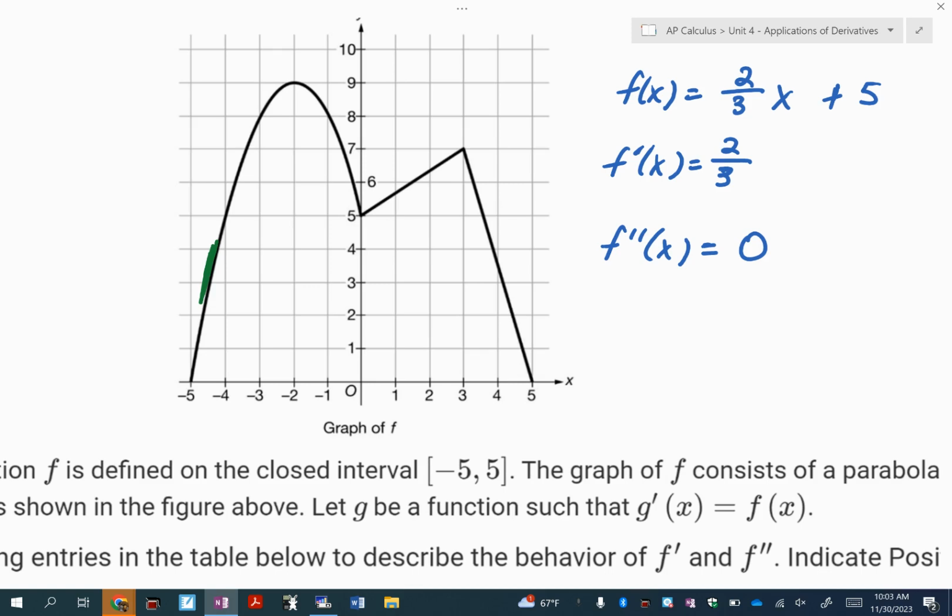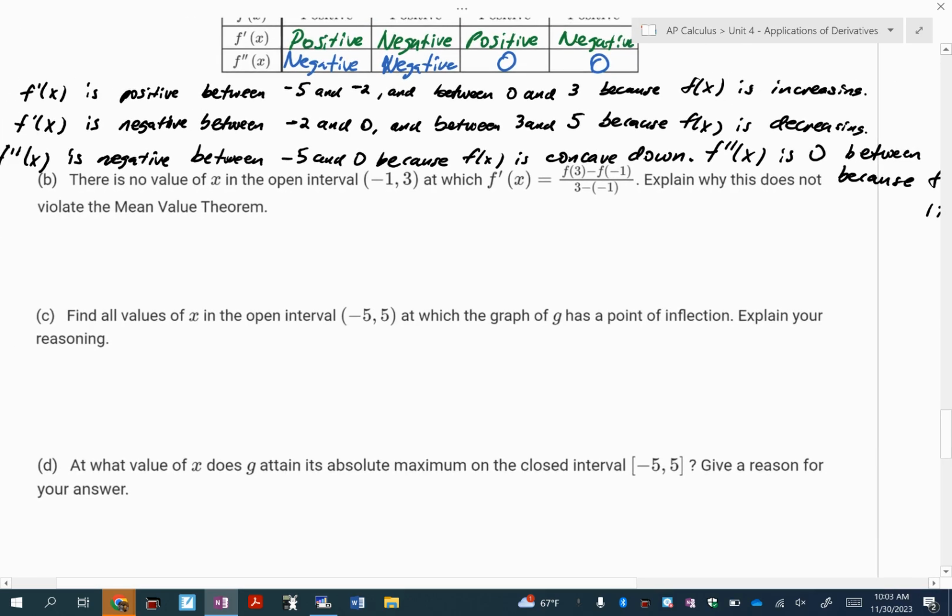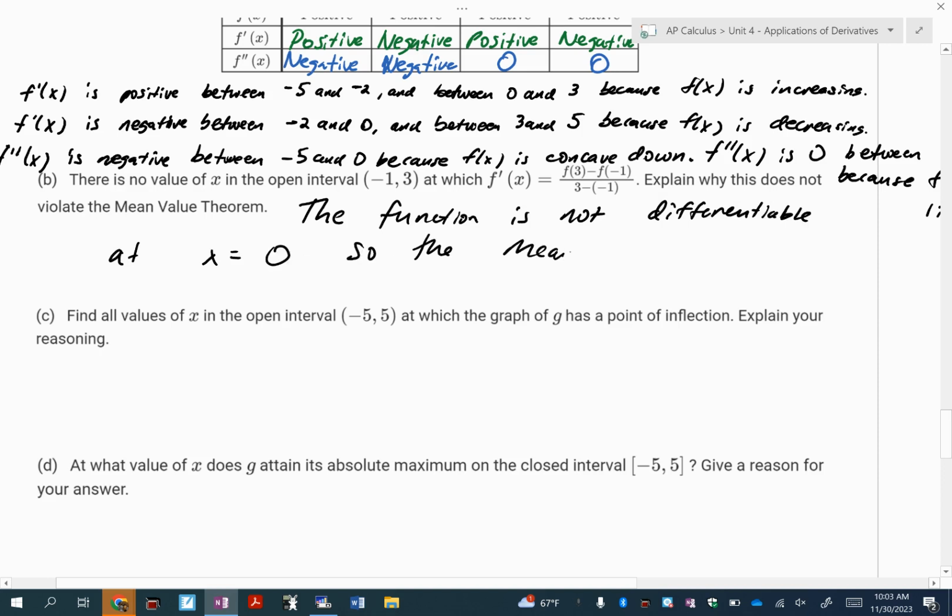Sharp turn or sharp corner, either one is fine. Sharp turn or sharp corner means, am I able to take the derivative at x equals 0? No. So what you're going to write is, the reason this doesn't violate it is because the function is not differentiable at x equals 0. So the mean value theorem